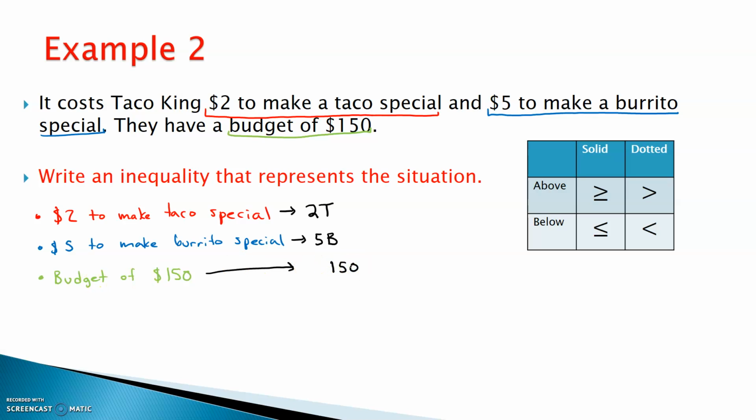So I have 150. Now, if you're on a budget, can you go above your budget? Can you spend above $150? You're not going to be able to be above that. You have to be below it. But does it have to be like 149, or can you spend exactly 150 and waste all your money? You can actually spend 150 of your budget. So I'm going to use that symbol here. When I put this all together, it should say 2T plus 5B is less than or equal